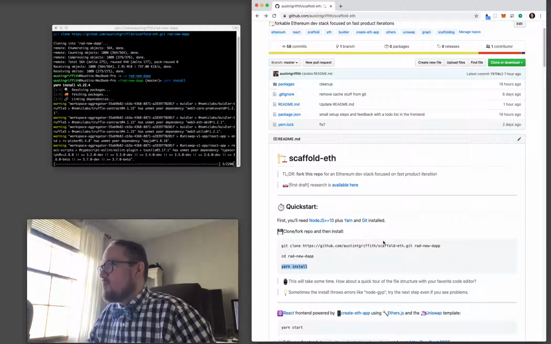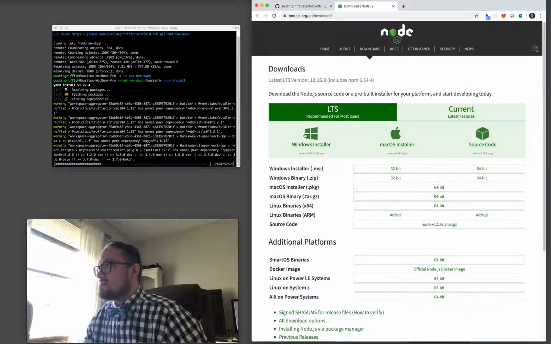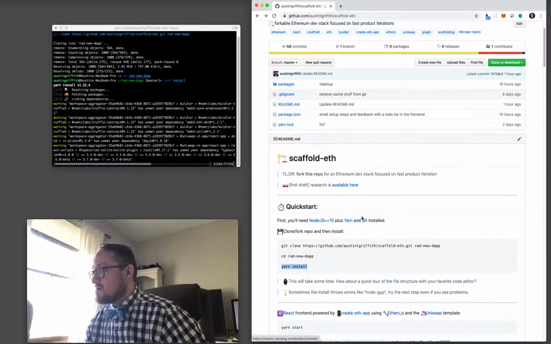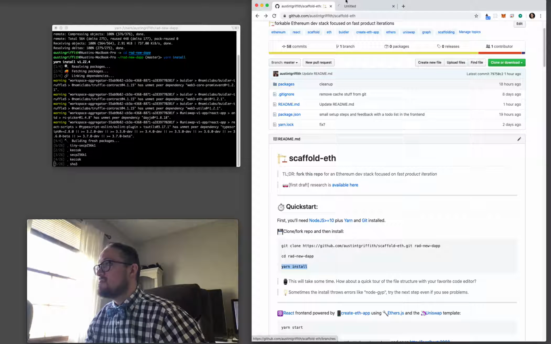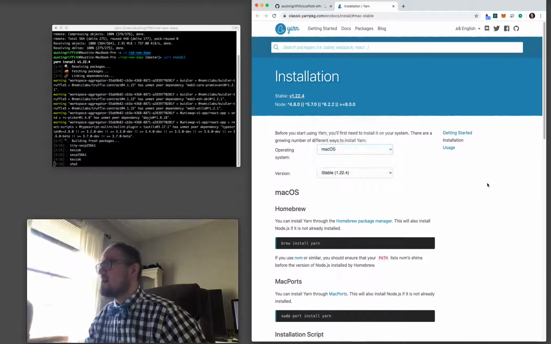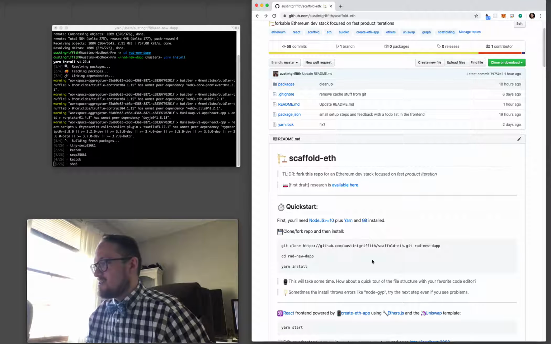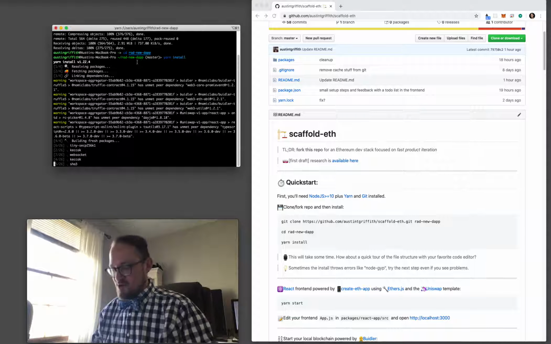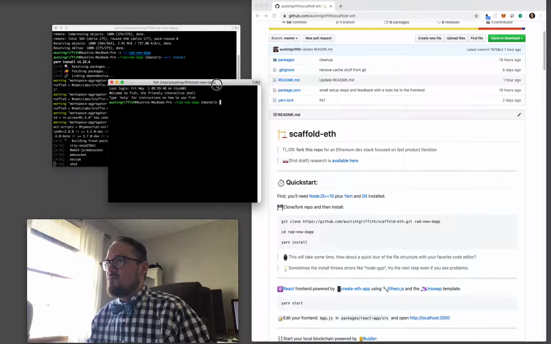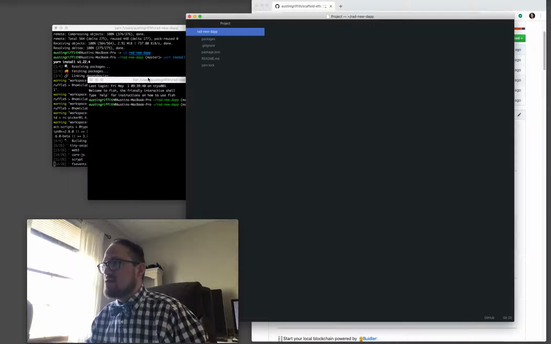So this may not work perfectly for you on a different machine. Remember, you'll need Node.js, whether you have Windows or Mac. You'll need Git, Windows or Mac, and you'll need Yarn, Windows or Mac. I've run through this a couple times on both Mac and Windows, and those three things at those versions seem to work pretty well. So while this thing is installing, let's go ahead and bring up our favorite code editor